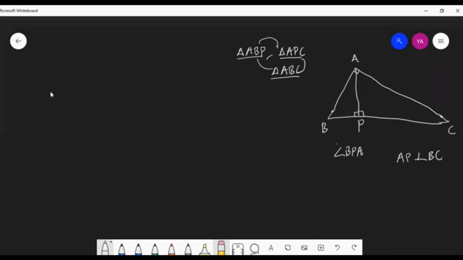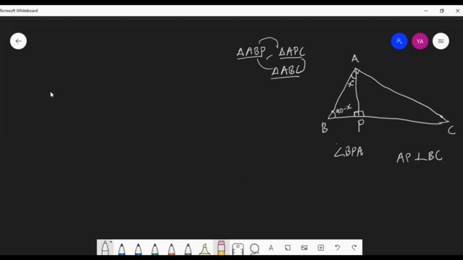So first of all, we can let one of the angles be x degrees. Choose one of the angles as x degrees. So what will be the angle at B? We take angle BAP equal to x degrees. Then what will be the angle at B? 180 minus 90 minus x. Okay, actually no need to think like so. In triangle BPA, look only at triangle BPA. Here one angle is 90 degrees. Then the sum of the other two angles will be 90, right? 90 plus 90 makes 180. So the sum of the other two angles must be 90. One of those angles is x degrees, so the second angle will be 90 minus x.